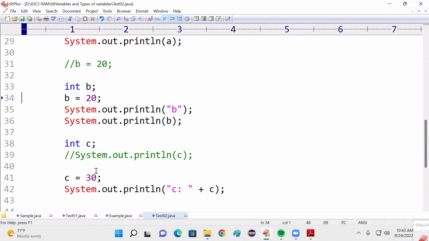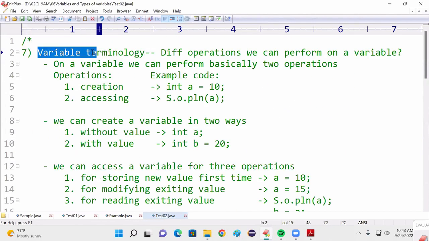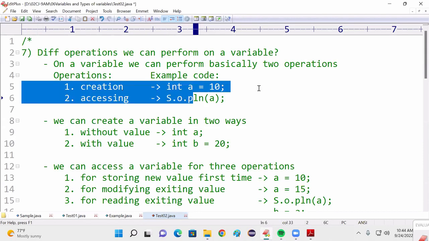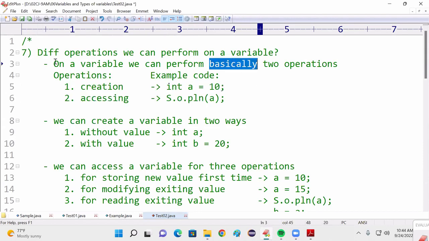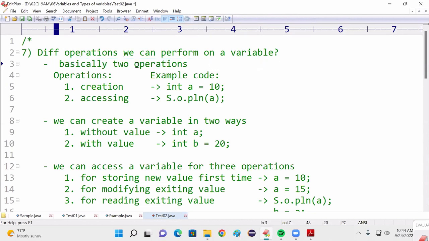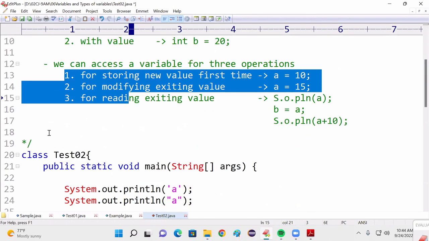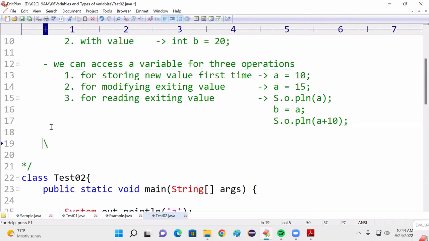So first I have explained what different operations I can perform on a variable. Basically, on a variable we can perform two operations: number one, creation, and number two, accessing. These two operations again have different ways: creation has two ways, accessing has three purposes. Now let me introduce